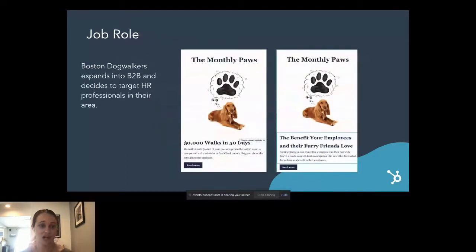They could also do job role. Let's say Boston Dogwalkers expands it to B2B and decides to target HR professionals in their area because they know HR professionals might be responsible for purchasing some of the benefits that employees get, which would be a really awesome benefit if the company had dog walking services. So as part of that campaign and moving into that B2B role or focus, they are going to update